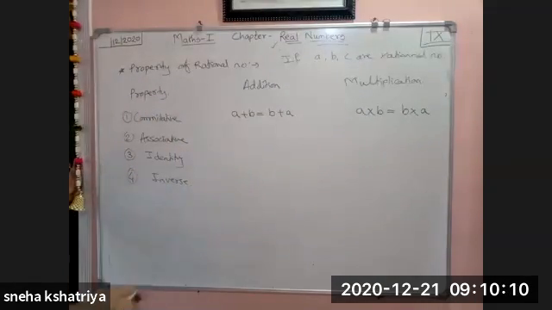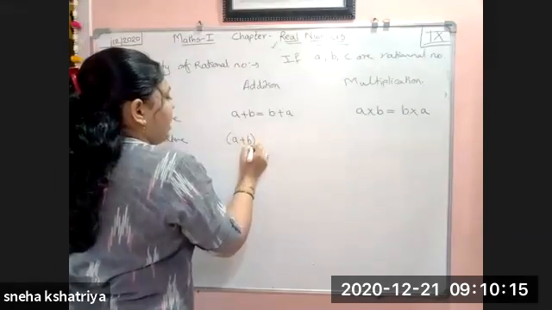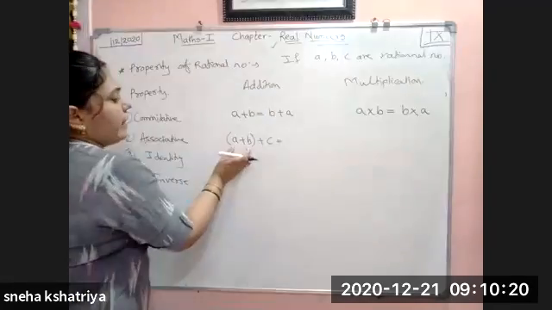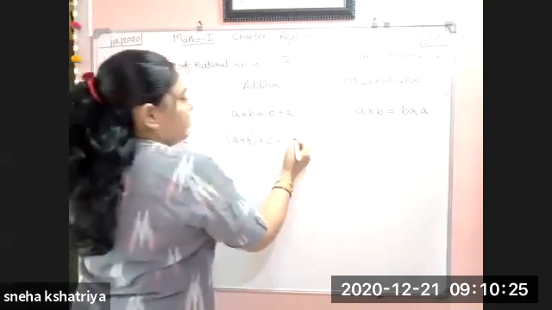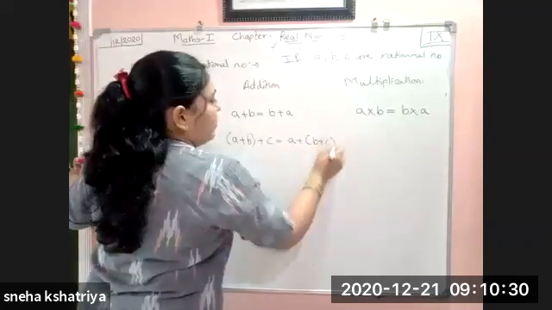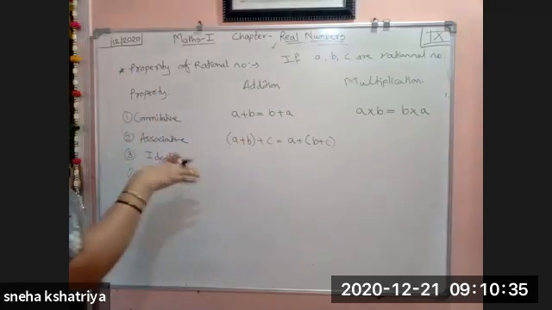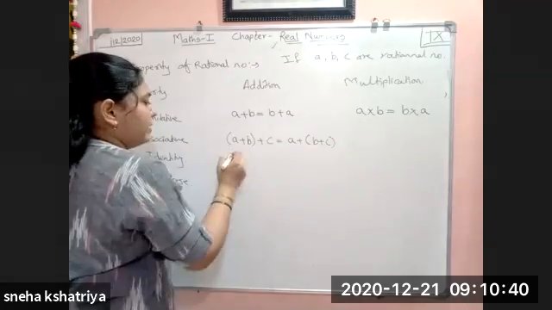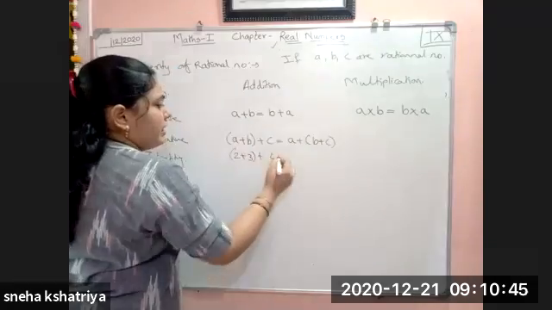Now we have the associative property. What is the associative property? If we put a bracket for any two numbers and then the third number is added, then we add any two numbers and to it the third number is added, then addition of first number, keep it as it is, then add the other two. Very simple it is. Don't go into the basics, just take an example and prove it like this. 2 plus 3, put a bracket, plus 4. Keep it as it is outside.